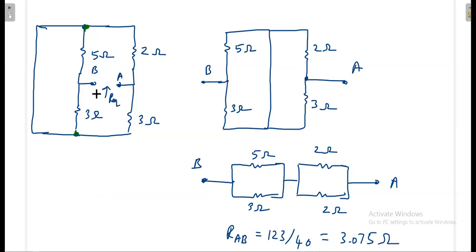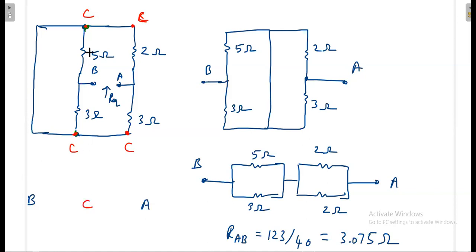If you are not convinced with this method, I will also go by another method. AB is already there. This line is really confusing, so I'm going to introduce one new variable, say C. If it is C here, this is also C only, because this is really a short, and all are the same point. Already A and B are there, so I will mark the point here: B is here, A is here, and somewhere C is there.